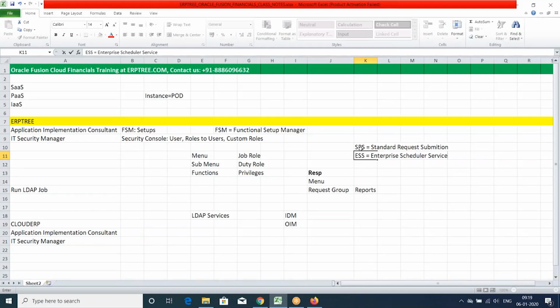The EBS SRS window, here in Fusion we call the ESS job page. This we call the ESS job page, as per the EBS SRS window. Done. Fine.